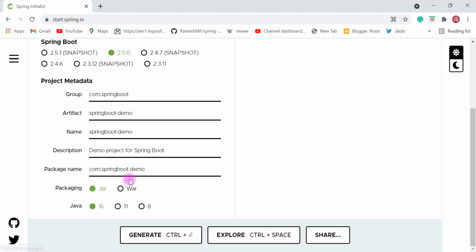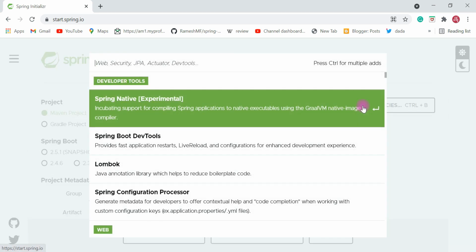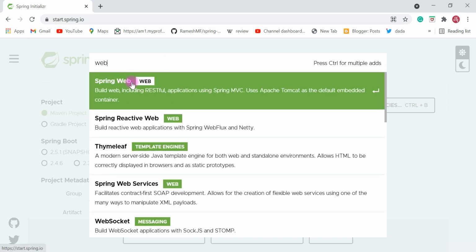Once you fill up all the details, you have another option to select the dependencies. So go ahead and click on add dependencies. Here you need to choose the dependencies for your Spring Boot application. If you want to create a Spring web application, then you need to choose the Spring Web Starter dependency.